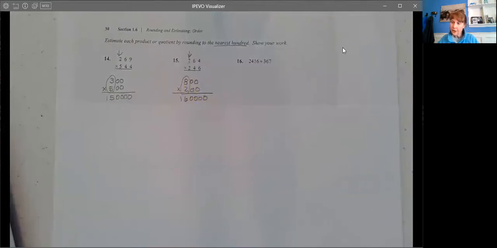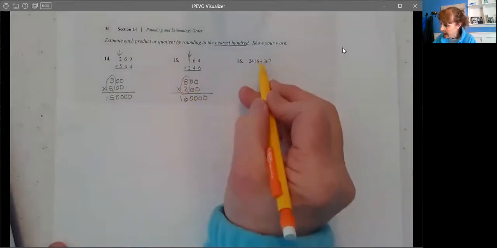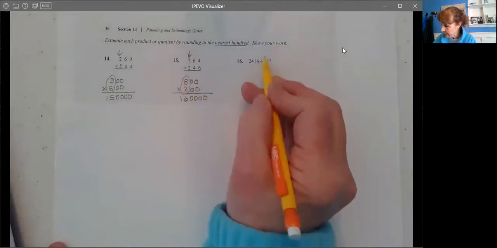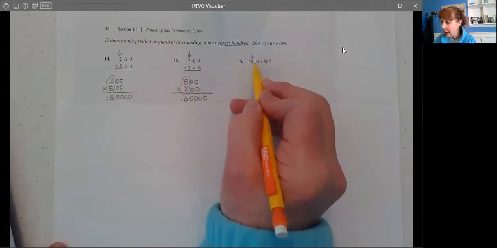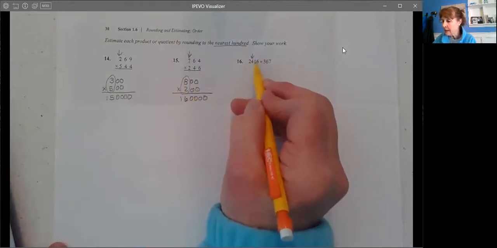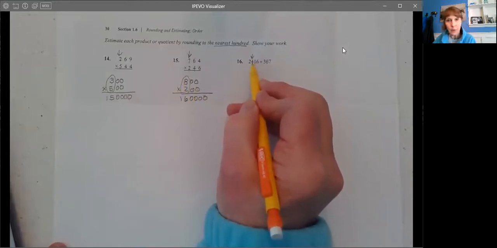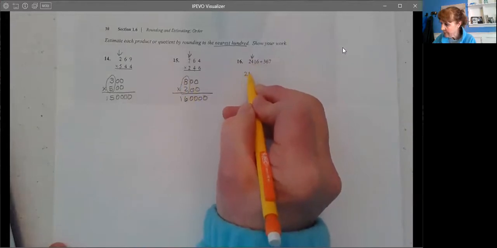Okay, let's look at this division one where we want to find the quotient. And again, we're still doing the hundreds. So let's see, go to the 100 spot, which is the 4. And we're going to look to the right. Because it's less than 5, we're going to leave the 4 alone. 24